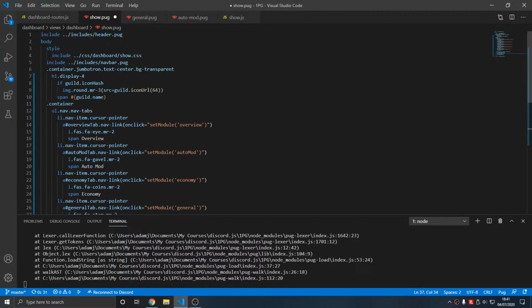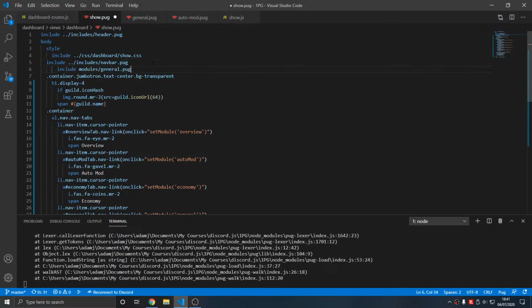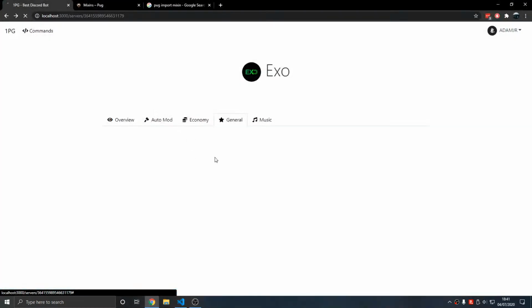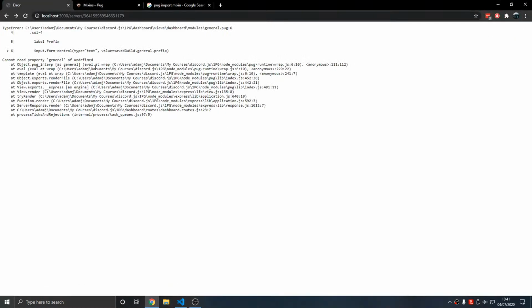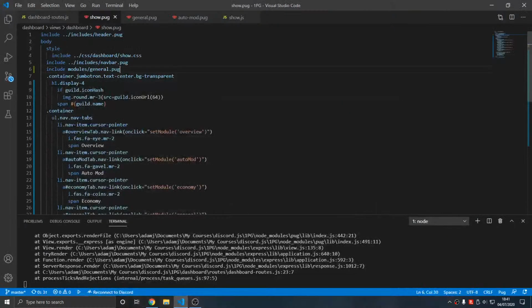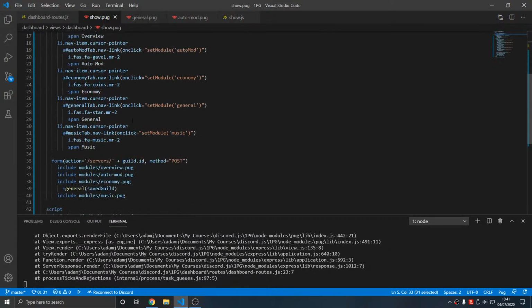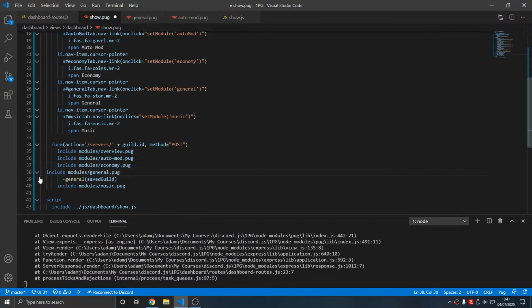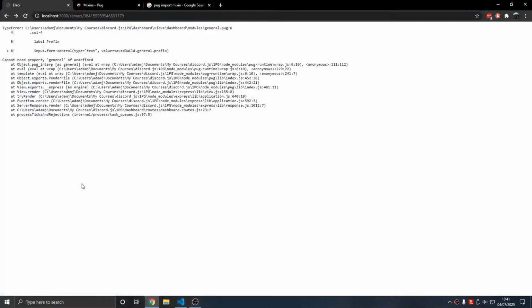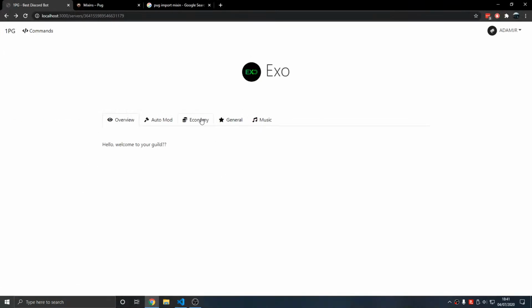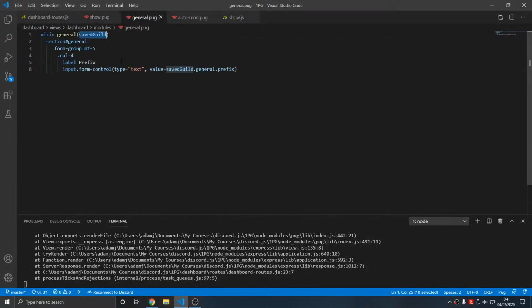What if we type that above like that? Cannot read general of undefined. So it's not defined at all. But now it is defined. So we're getting somewhere,